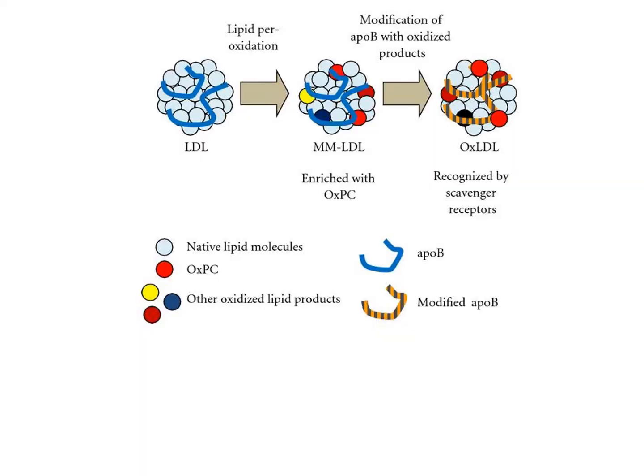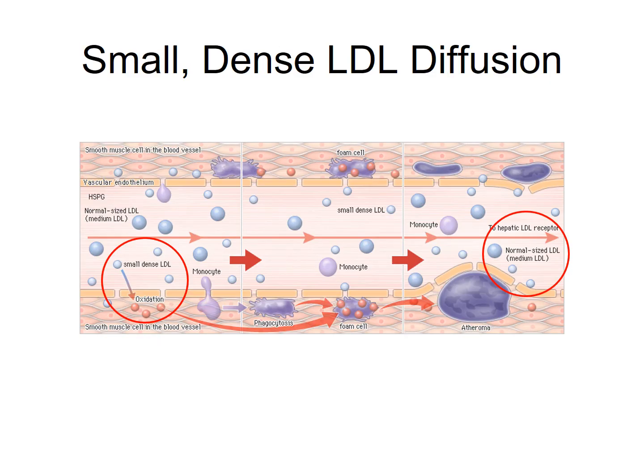So here you can see the LDL, and it is going to go through oxidation and become an oxidized LDL. You'll change the ApoB100 marker, and it's then going to be recognized by scavenger cells. And the reason the small, dense LDLs are a problem, because again, even the large ones can be oxidized and they can increase the result of chronic inflammation, but we're leading to plaque formation specifically.